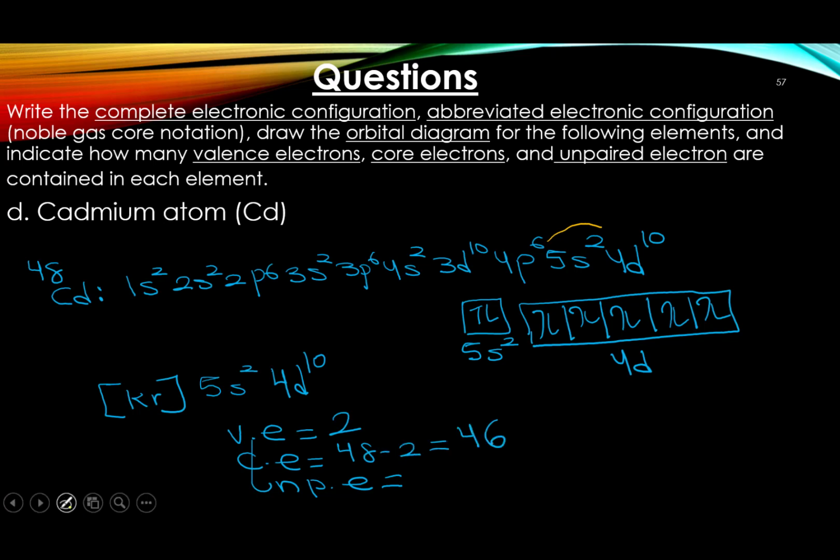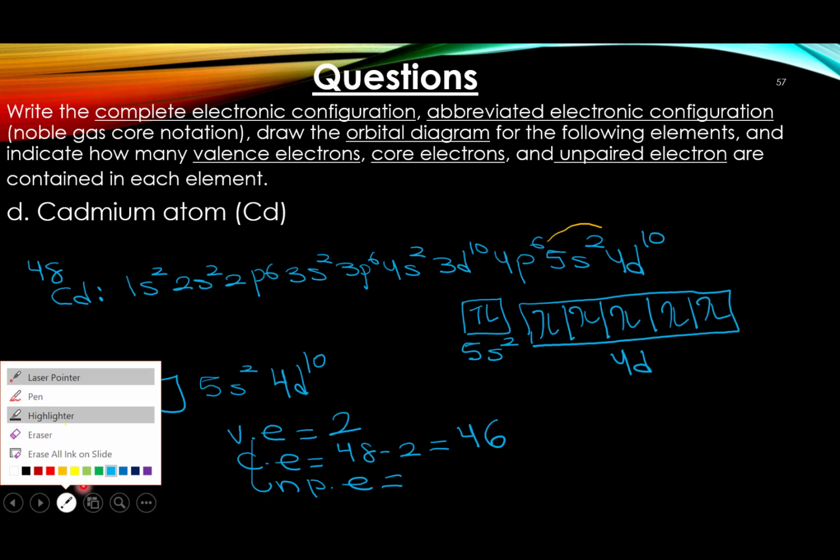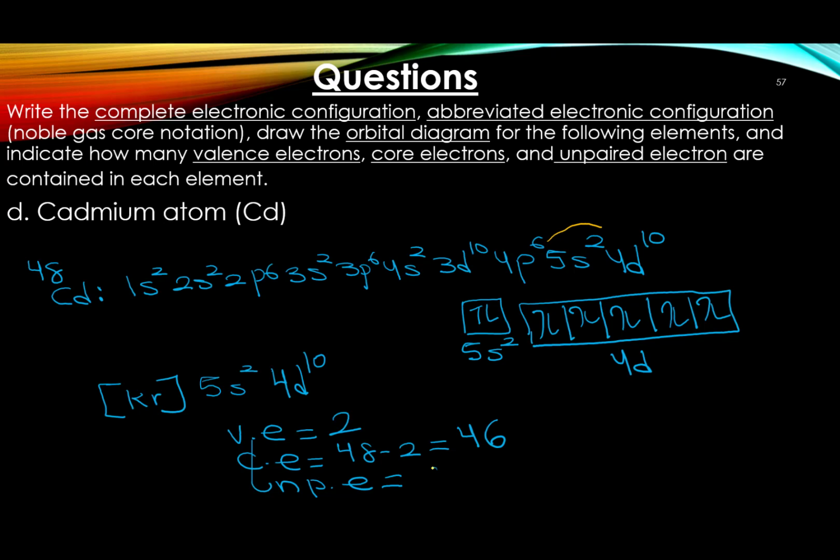Now for unpaired electrons, look here. Everything before that I didn't write, but these are also full. Do you see any unpaired electron? No, everything is filled up. Okay, that means cadmium has 0 unpaired electrons. Okay,